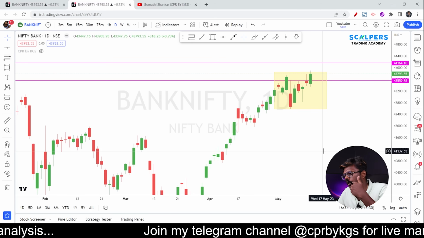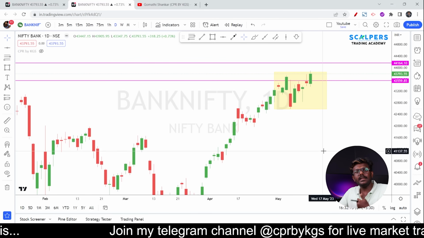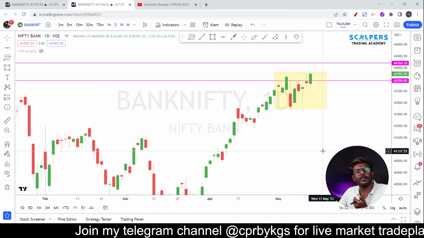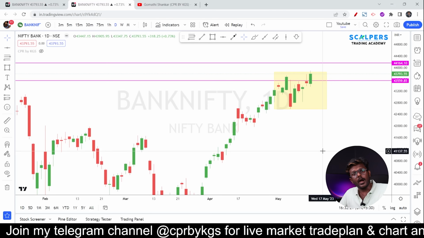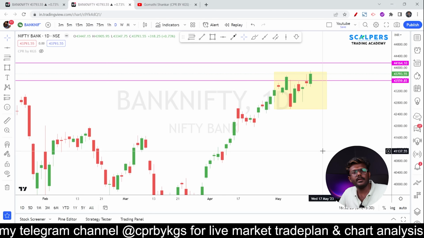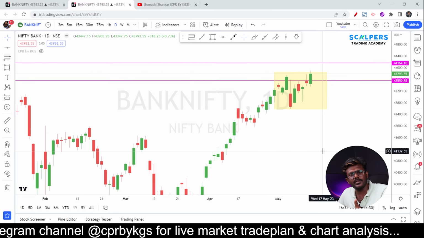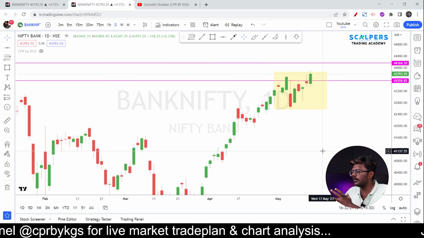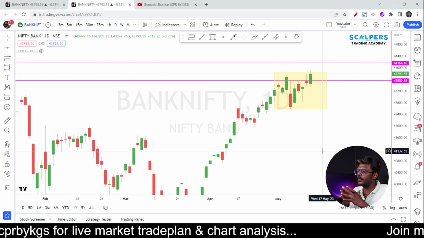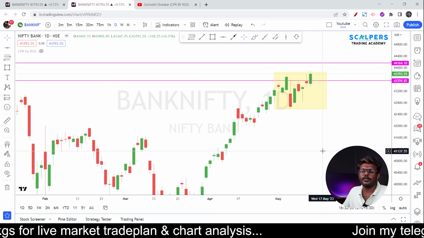As an option buyer, we need a lot of previous day high breakouts. We need the market to stay above the previous week high and above the previous month high. Only then can we look for good opportunities and expect momentum. If the market is just staying inside a range of 1,000 points, then it is definitely not suitable for option buyers,